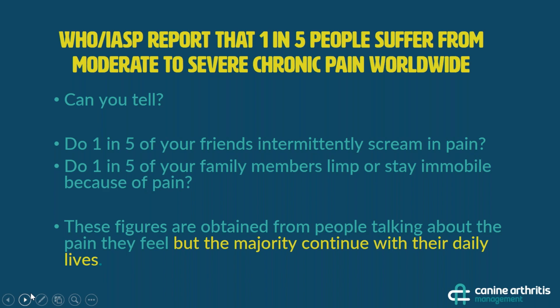This is something that tends to send the message home quite well. I use this slide a lot when I'm lecturing vets. Chronic pain is presented so differently, but it's ubiquitous in our world. 1 in 5 people worldwide suffer severe to chronic pain. But I don't see 1 in 5 of my friends or family or colleagues screaming in pain or limping. Humans also present chronic pain in a very subtle way. So when you think of it like that, it's really quite obvious that dogs would also present pain in a